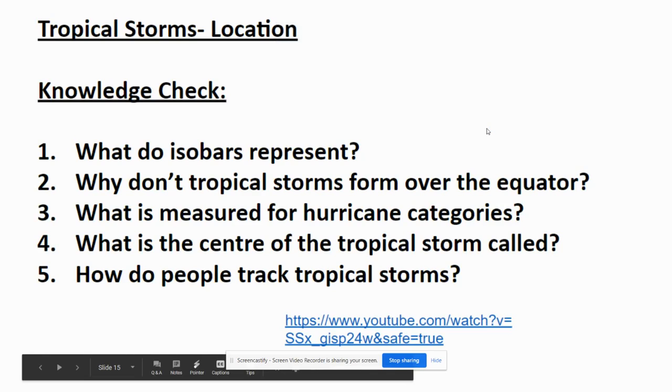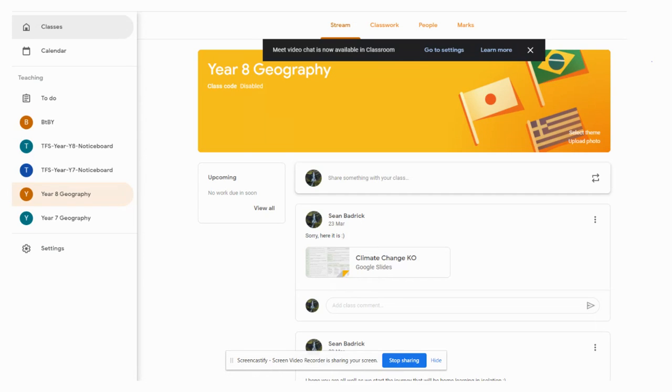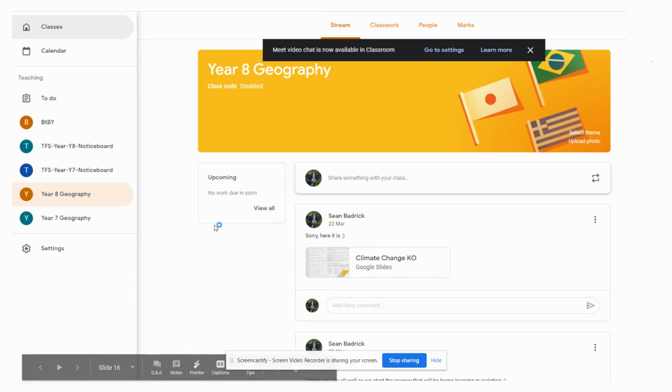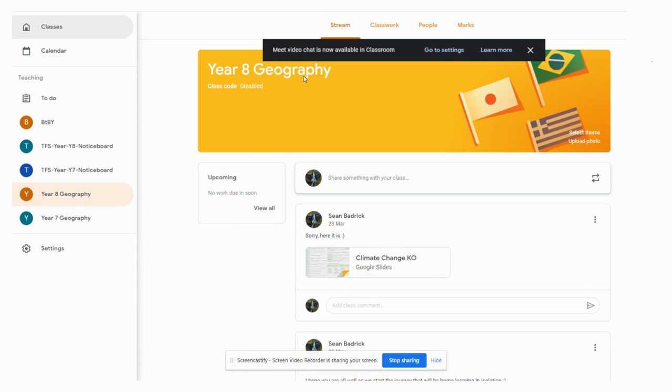Now, in terms of using Google Classroom, Google Classroom is going to be the main thing that you're going to be looking at to see what lessons are available to you, but also as a means of getting any support from teachers if you're struggling with anything. So your Google Classrooms will look something very similar to this. As you can see, this is my Year 8 Geography Google Classroom.